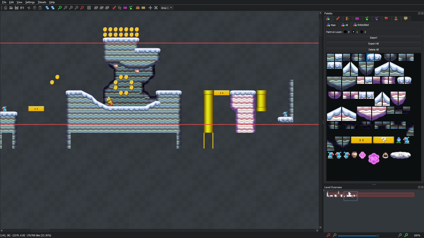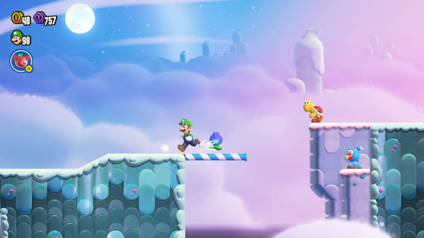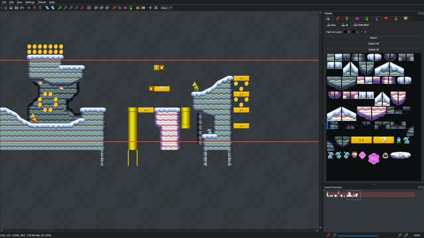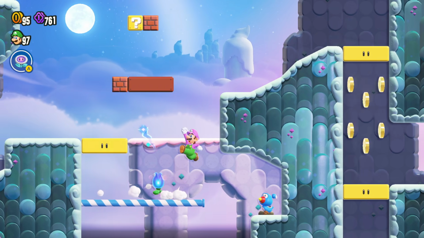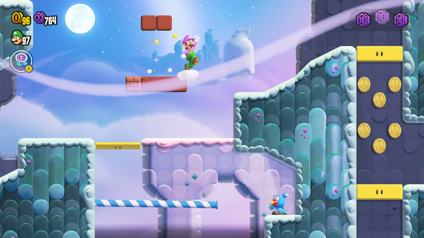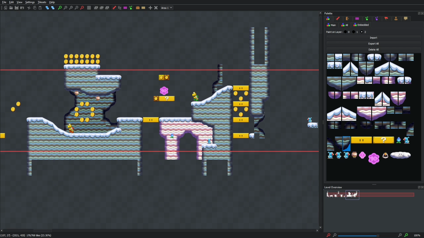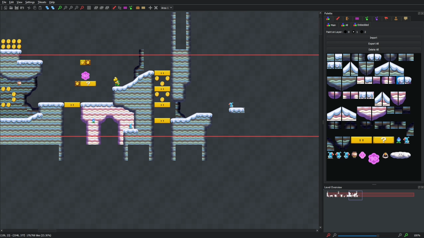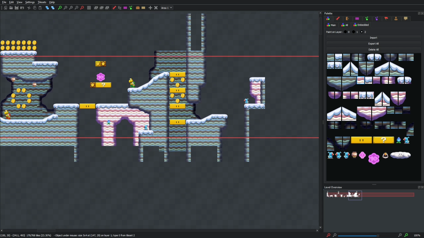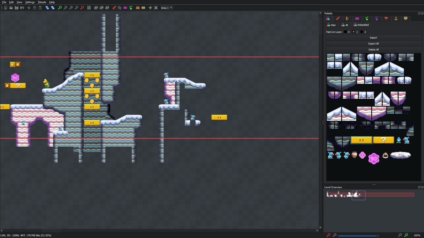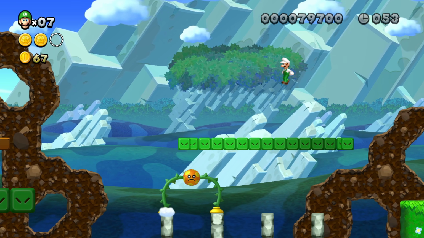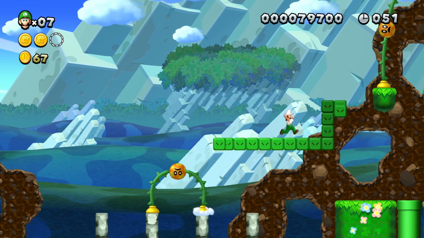One of the trickier things for me to figure out was how these floating wonder flower things worked, but after some finagling, I managed to get this one here to spawn the second big purple coin. I suppose I should also talk about the level's design a bit. It's not meant to be anything amazing. Like I said, the mechanics are purposefully simple. Most of my recent New Super Luigi U levels have much better design.